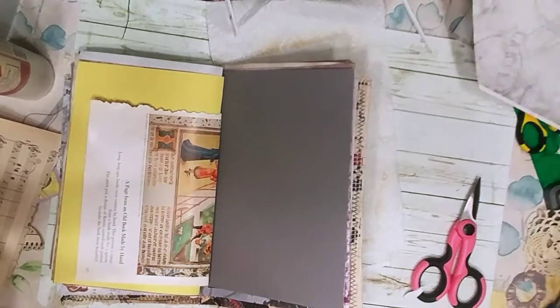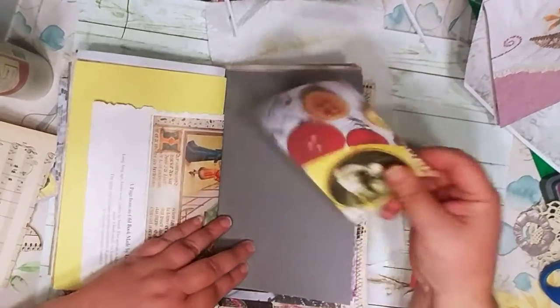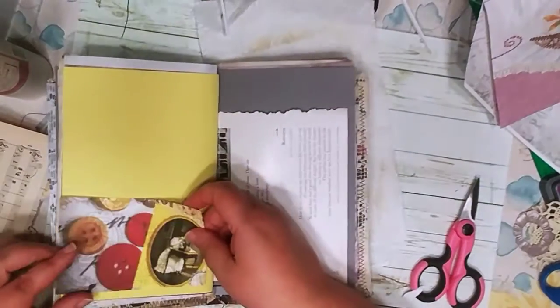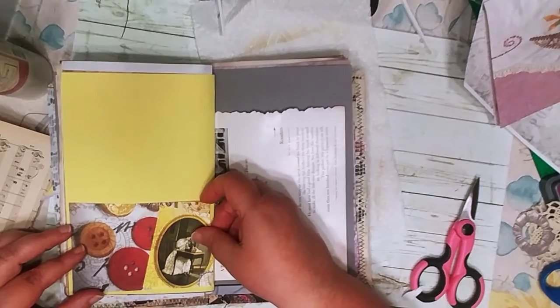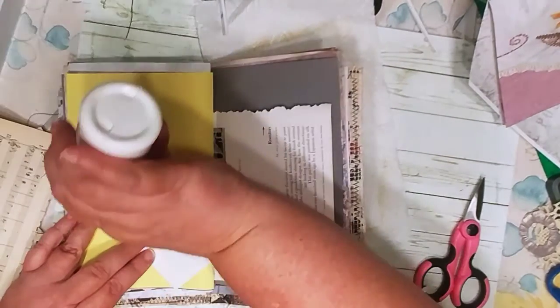So I've got that image. I was playing with it. It looks like I may have lost it. I don't know if you guys do that. I'm not going to stress about it. It will come up in a minute. But I'm wondering if she will actually go good on this other side here. And I sort of like that. So while I've got this,